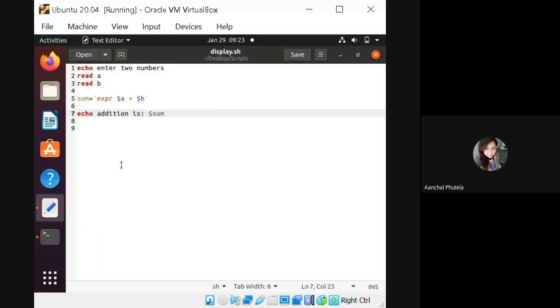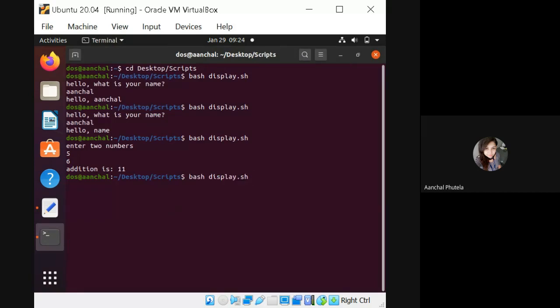So what I had said to you, if you do not want to use this sum variable, you can directly use this over here without using sum. If you use this, it will also work. This is your choice, like whenever we are doing programming. Done? The syntax is clear to everyone?